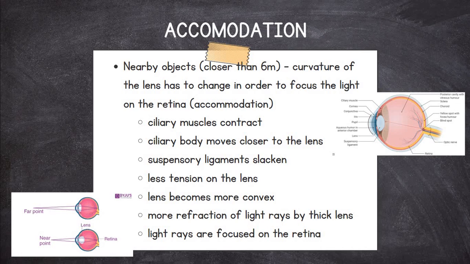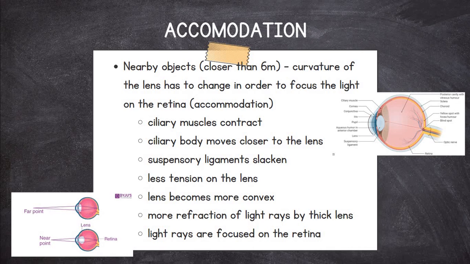They will not be as tight, and because of that, there is less tension on this lens, and the lens will become more convex. In other words, it will be a little fatter or a bit more round, and because of this, there is more refraction of light rays by this thick lens. So the light can be bent a bit more in order to focus it on the retina